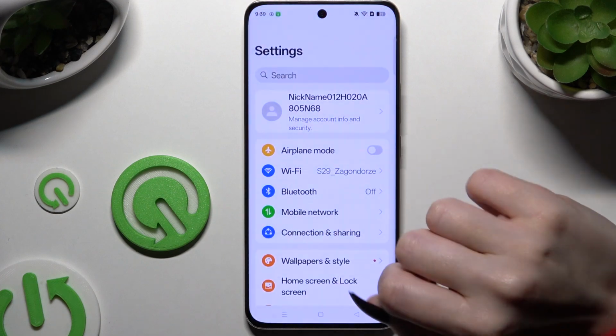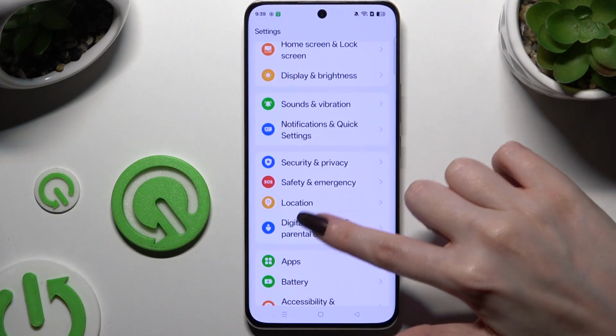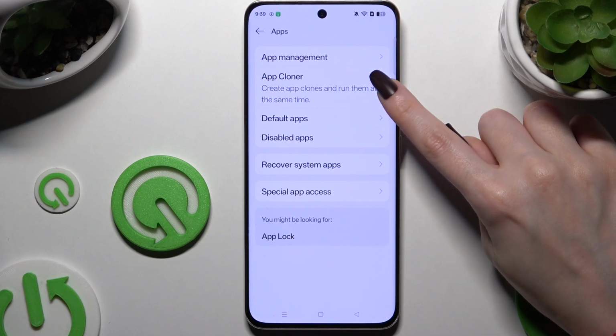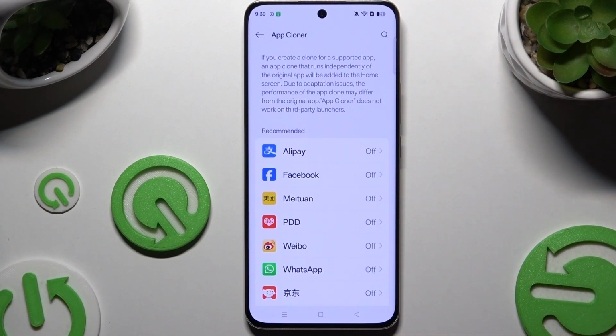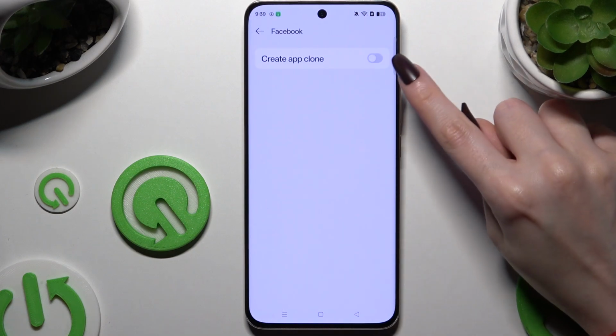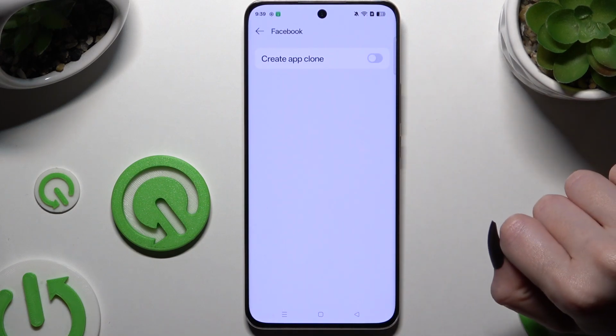Begin by opening Settings and scrolling down to hit Apps. Then select App Cloner and tap on one of your apps you wish to clone. Then use gray switcher next to Create App Clone